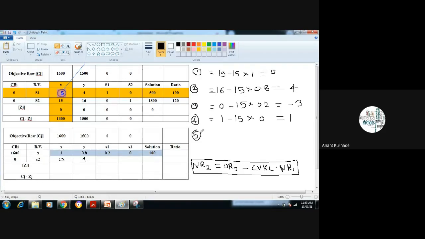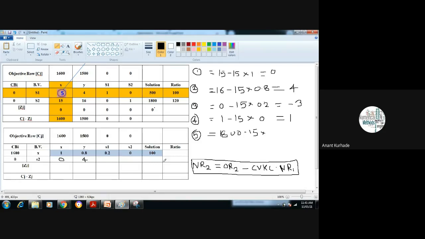That means again write down this value here. I want this value. How can you write it? Old value of R2. What is the old value of R2? 1800. Okay, 1800 minus 15 into